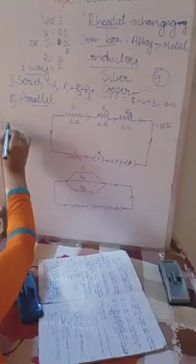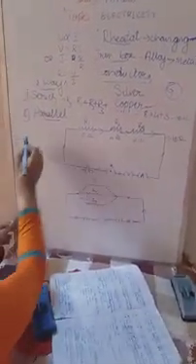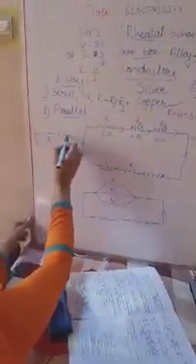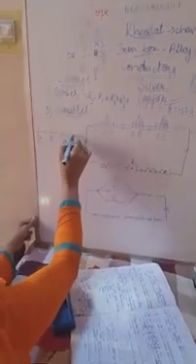Which formula is used to find out the total resistance in a parallel circuit? That is very important. Note down: 1 by Rp, where Rp means resistance connected in parallel, equals 1 by R1 plus 1 by R2 plus 1 by R3. So this is the formula we are using to find out the total resistance of resistors connected in a parallel circuit. Let us take the same example.